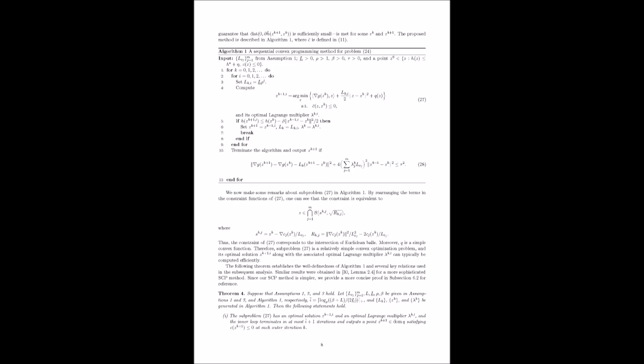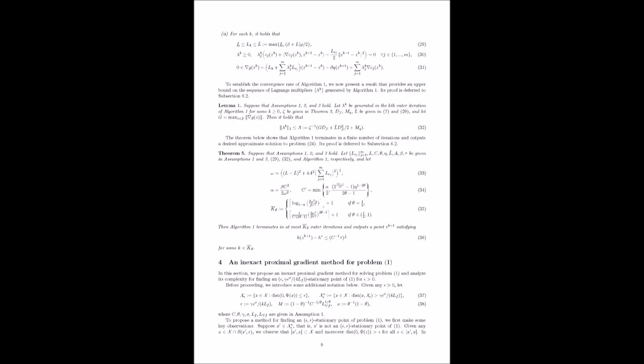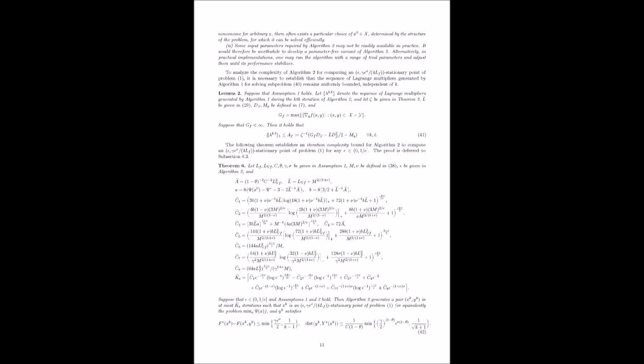Lemma 2 establishes that the Lagrange multipliers generated by the inner SCP calls, Algorithm 1 running inside Algorithm 2, remain uniformly bounded by some constant. Didn't we already bound the multipliers in Lemma 1? Lemma 1 bounded them for a standalone run of SCP on a fixed inner problem. Lemma 2 extends this to the context of Algorithm 2, where the function g(y) − f(x_{k+1}, y) changes at each outer step k+1. It confirms that the multipliers remain bounded even as x changes, relying on bounds on the gradient of f. This ensures the inner SCP runs remain stable throughout the outer iterations.